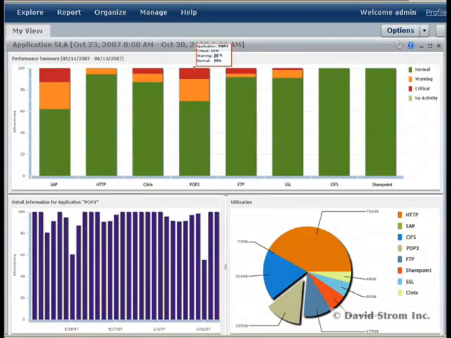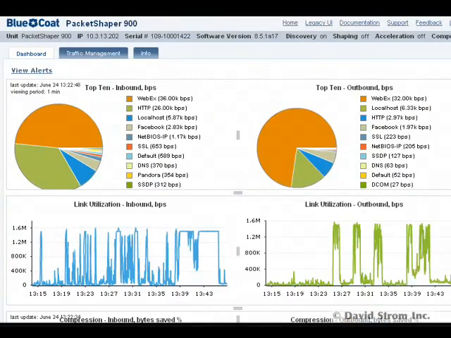We're looking at this report that is showing the response time information for a variety of applications, with green meaning they're performing within acceptable parameters. Here we see SAP and email, among others, are showing some critical warnings. As you can see, there's a lot of insight into how your applications are being used with the Blue Coat